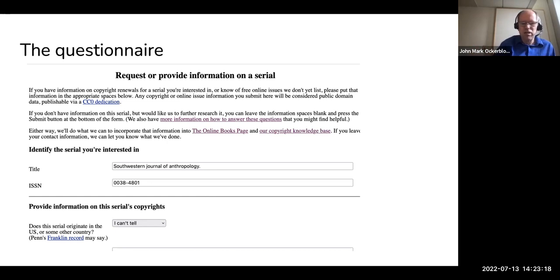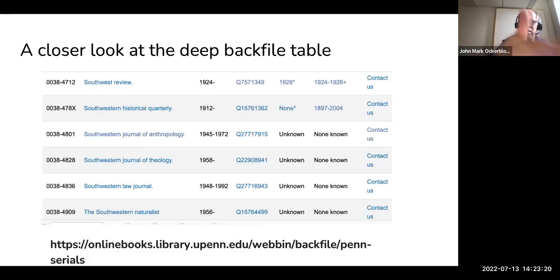Once people answer those questions, they can then go back to the table and research other ones, and that submission is then made available to me or other copyright reviewers. And we can fill in information on the table based on that. Here you see again our detail from the table. We haven't filled in information in Southwestern Journal of Anthropology yet, but we have information, for example, on the Southwestern Historical Quarterly. Here we found that there are no copyright renewals filed for it,